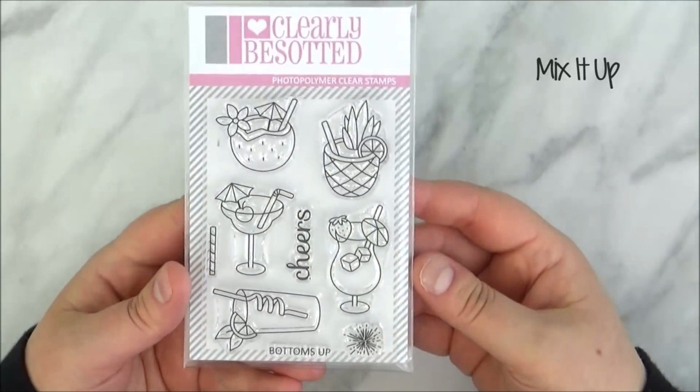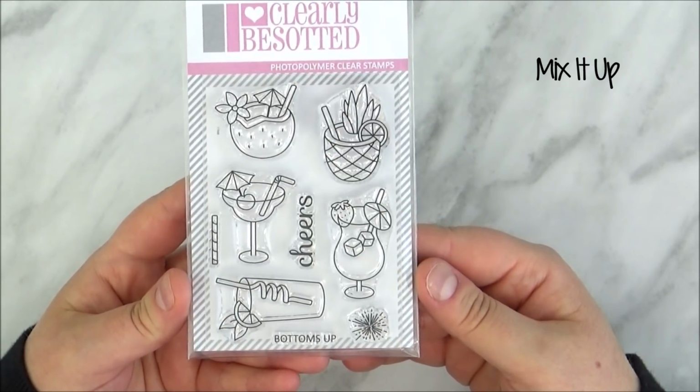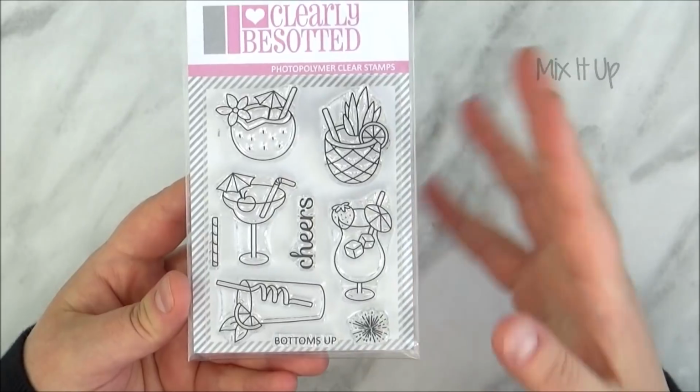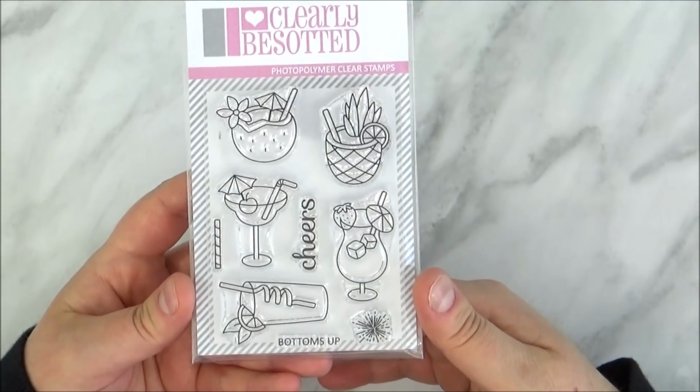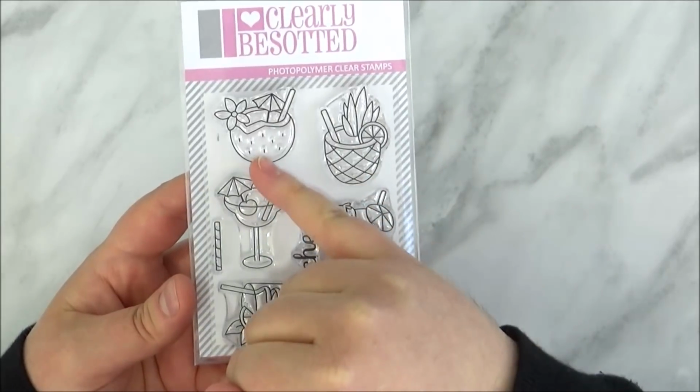Next up, the last of the smaller sets. This is the Mix It Up set. Really great set, as you can see. I think this would be really good for loads of different occasions, like especially the sort of celebrate cards and things like that. So you've got all of these different drinks, like the one in the pineapple or the